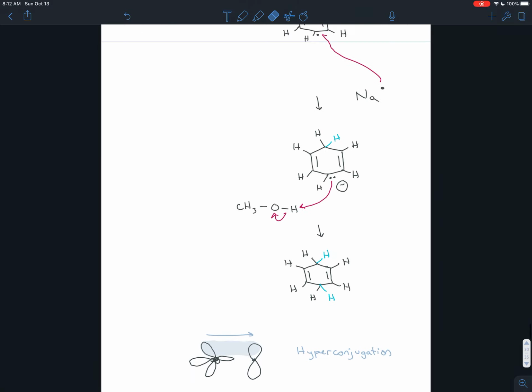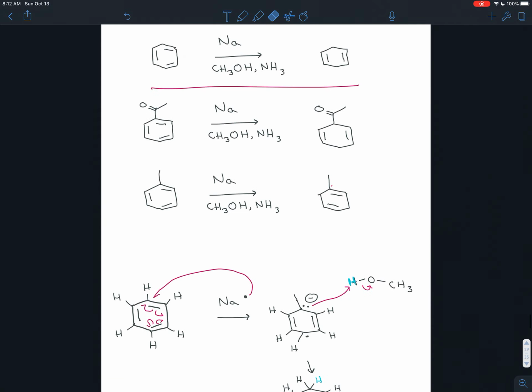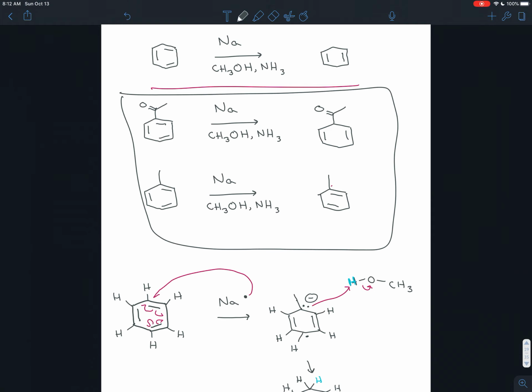So hopefully that gave you a little clarity on what the Birch reduction is, why it happens and why you get these patterns when you have branches on the benzene ring. Electron donating branches on the one hand, like alkyl groups, or electron withdrawing branches on the other hand, things that have a lot of